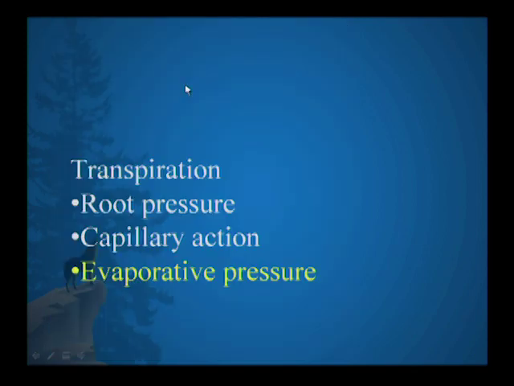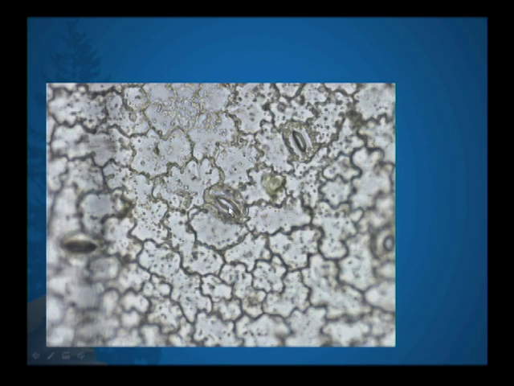And then the third factor here is what we call evaporative pressure. And that's in the leaves. The leaves have pores associated with the surface of the leaves. And these are called guard cells, and the openings are called stomata. And so when the stomata are open, water will be lost from the plant. And this is also how carbon dioxide gets access to the inner part of the plant so that photosynthesis can take place. So water then is being lost through evaporative pressure by the leaves,